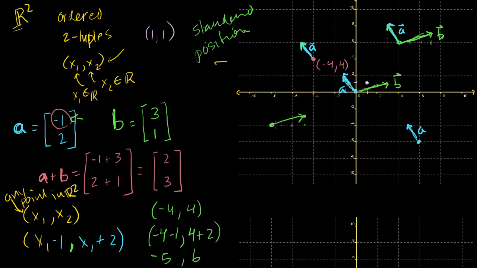Now let's see if we can get an interpretation of what happened when we added A plus B. Well, if I draw that vector in standard position, I just calculate it, and it goes 2, 3. So I go to the right 2, and I go up 3. So if I just draw it in standard position, it looks like this. This vector right there. And at first, when you look at it, this vector right here is the vector A plus B in standard position. When you draw it like